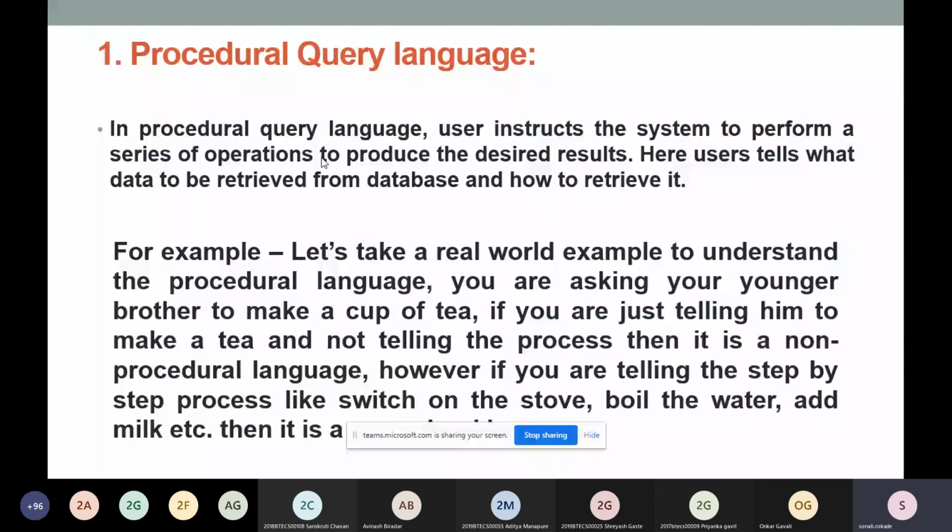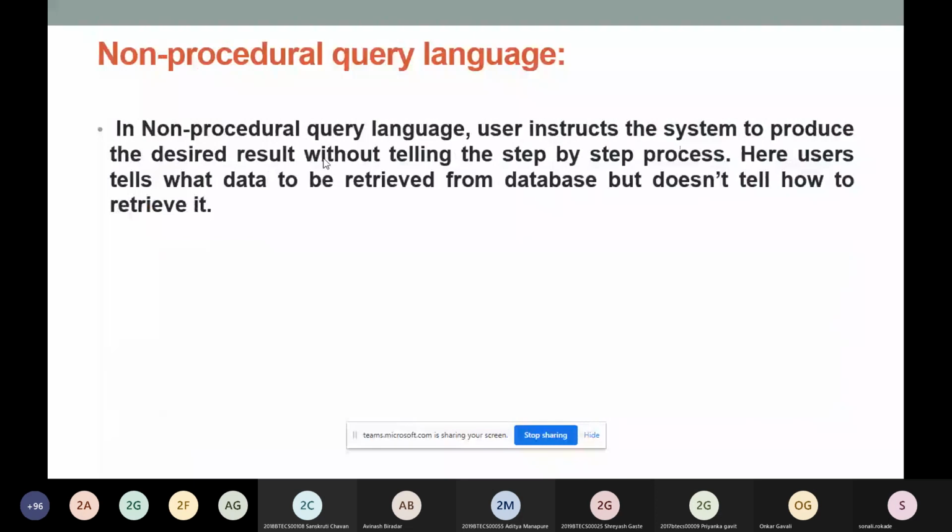So when you tell the database to fetch the data in this way, it is procedural, and when you just fire a query to retrieve the data, it is non-procedural. This is the simplest example.